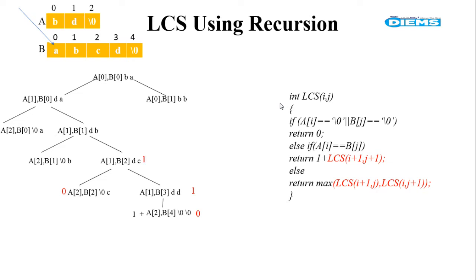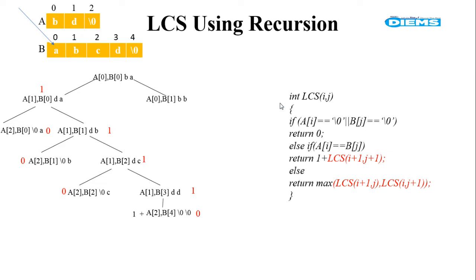Again, a of 2, b of 1, slash 0 is one of the value. It will return 0. Between this 0 and 1, which is the maximum value, 1 will be written here. Again the same thing, a of 2, b of 0. What is the value? One value is slash 0. It will return 0. 0 and 1. What is the maximum value? It is 1. Okay. Now for the final a of 0 and b of 0, we can't obtain the value